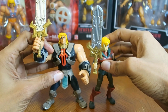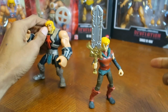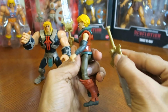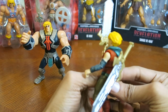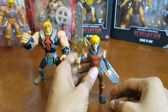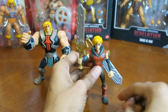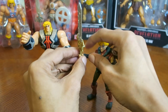Let's see here. Take the sword from this He-Man. And this sword has the peg as well. So you can have Prince Adam maybe with both swords. You can have two power swords there. Oh, you could probably make him dual-wield swords, like have him hold this in this hand and have two swords. Or, actually, even better,